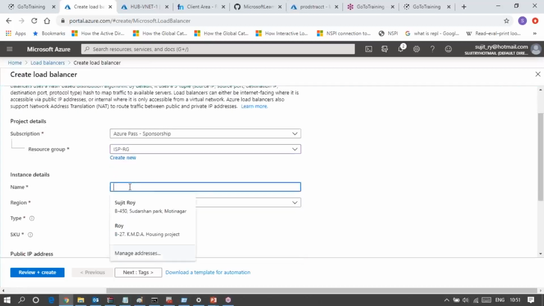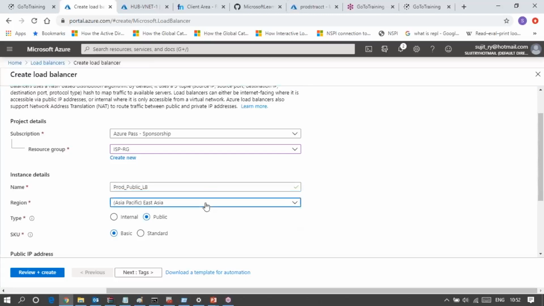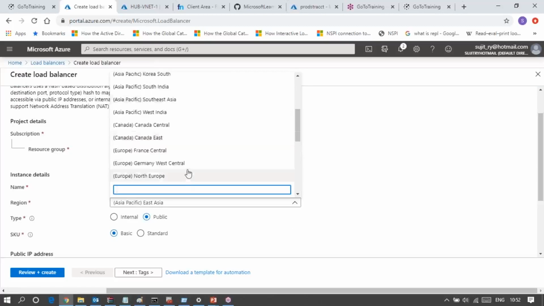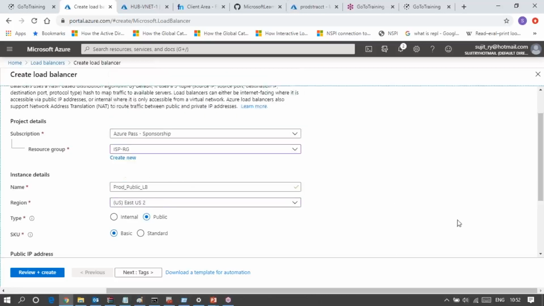For the name of the load balancer, I can say prod public LB, just to understand. Location: I should find my virtual machine and its pool, so I will choose the same location.